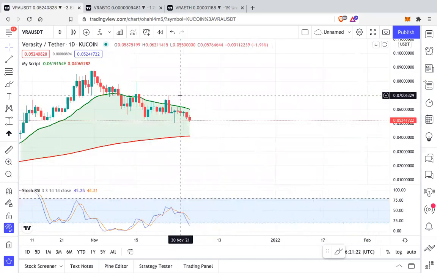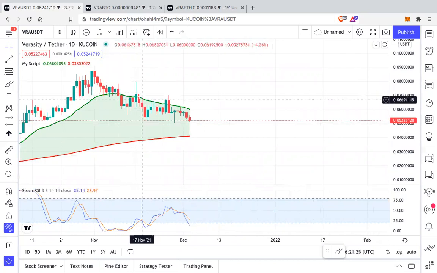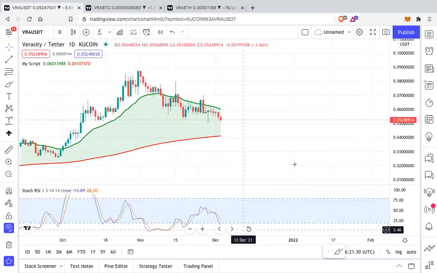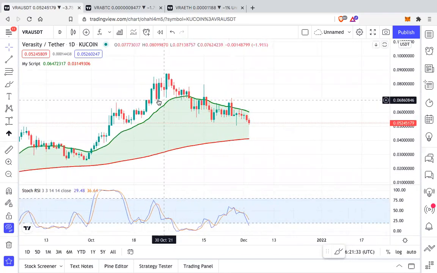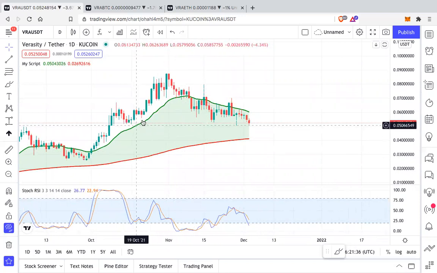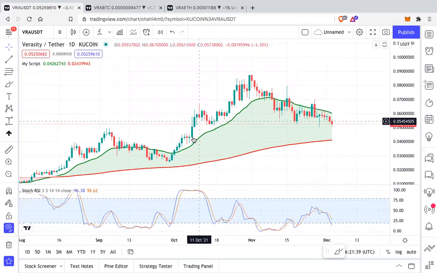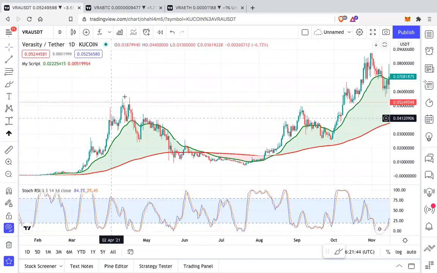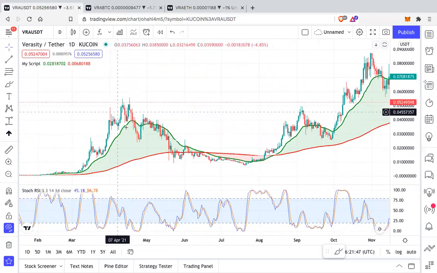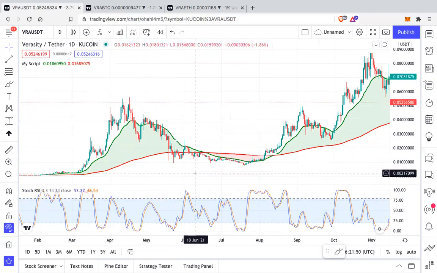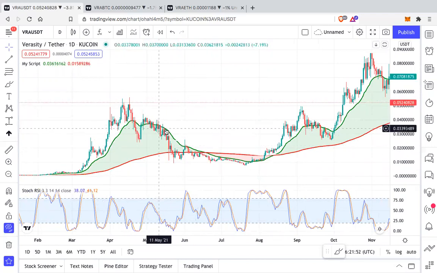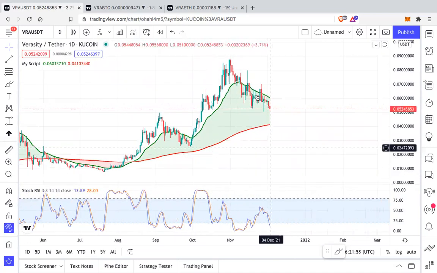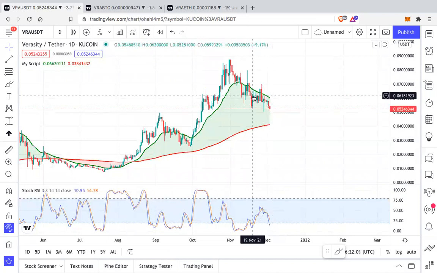If we purely go by EMA, look at this. Every time we try to break it, we come down, we try again to break it, we come down. So in other words, we are gathering strength to break this resistance, because this 21 EMA was previously a huge support. You see this entire run, whenever we have done parabolic moves, we have always bounced from this 21 EMA. And in fact, when we've gone bearish on this, we've gained strength to again reverse it. So overall, I see this as a healthy consolidation.